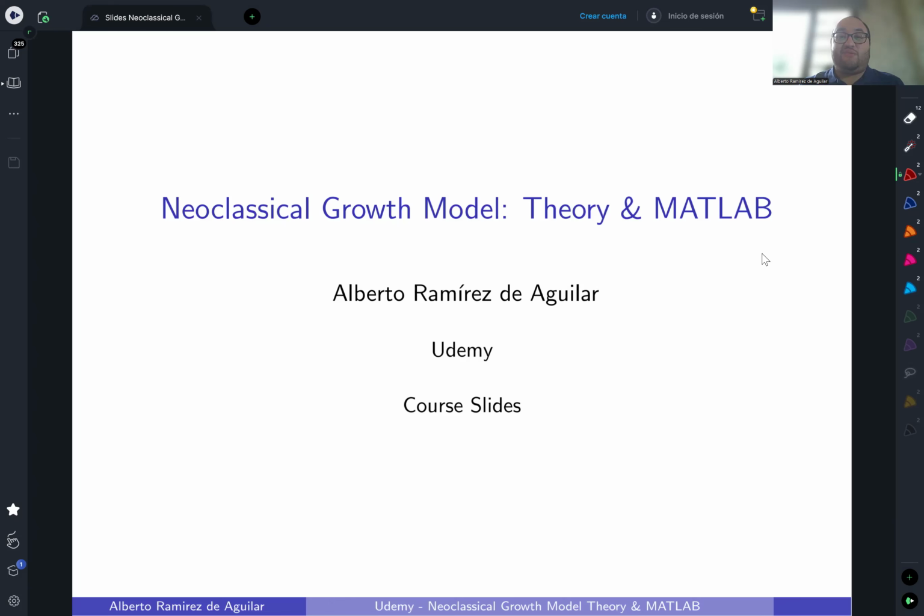As the title says, we will be discussing both the theory and the math, computation, and implementation of the neoclassical growth model. I will center exclusively on this model, but one of my objectives is for you not only to learn the foundations and the technicalities of the model, but also why and when this model is useful, and why we as economists make use of it in many different applications